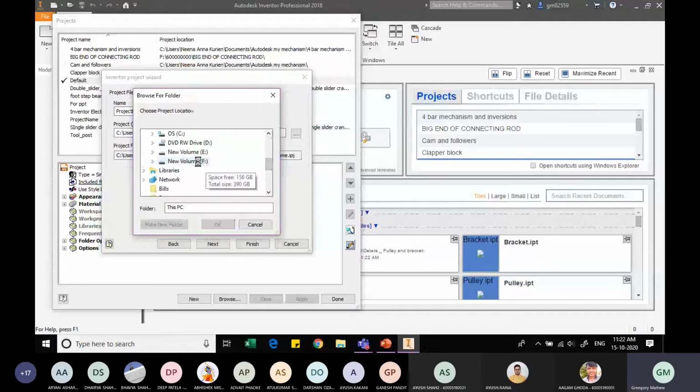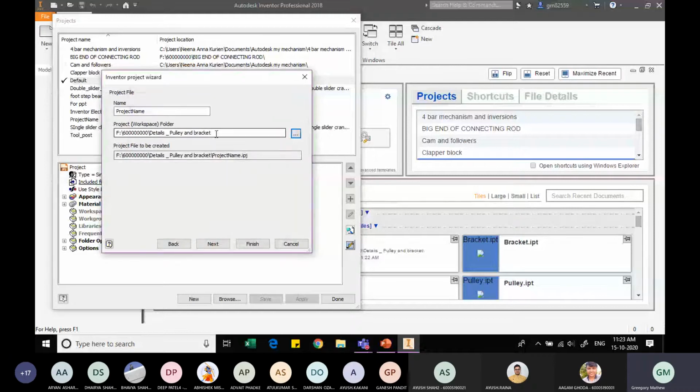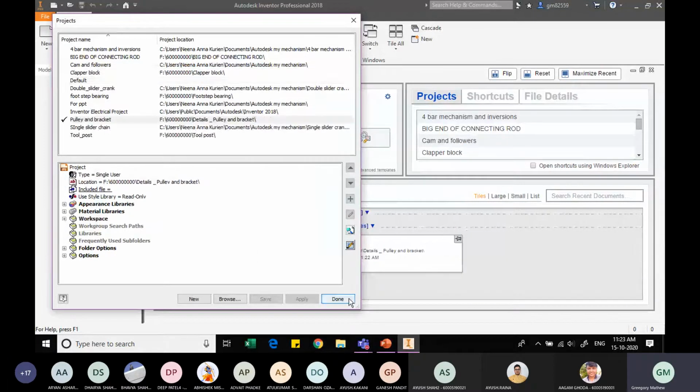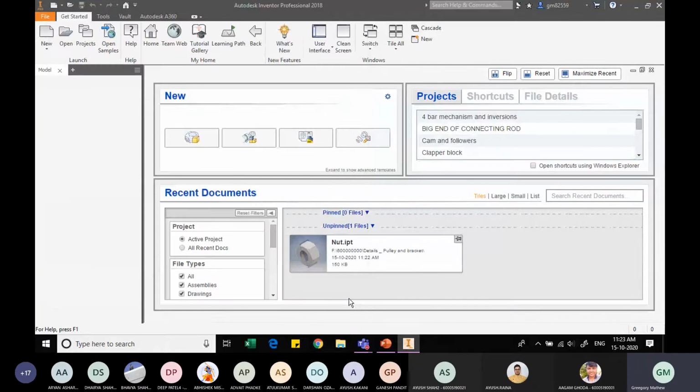In this PC, F drive is 6000, and here details fully bracket. OK, and the project name should be Boolean bracket. I click on next, and I will do finish. So that sets the project file to that location.